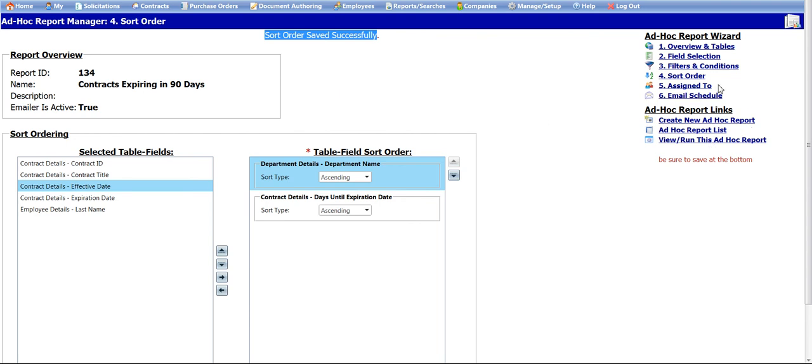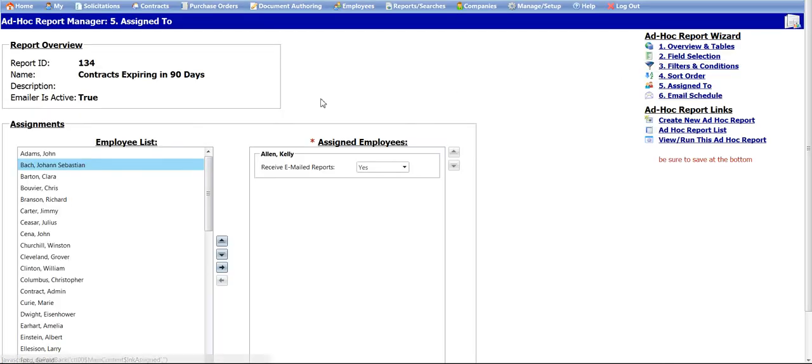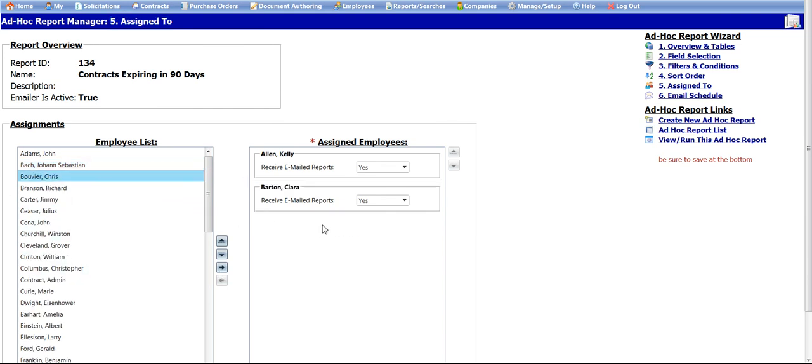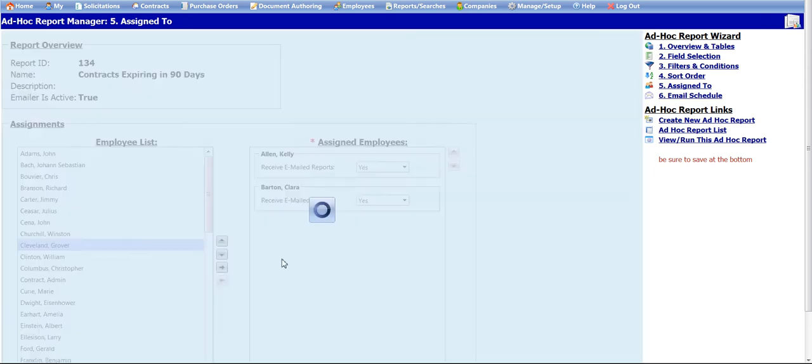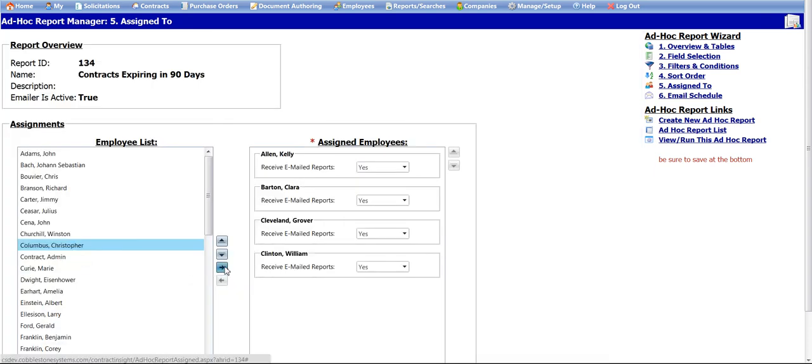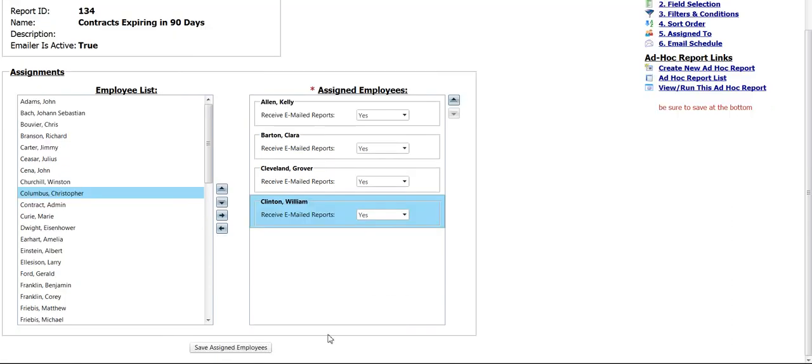of the screen. The next step in the Ad hoc Report wizard is the Assign To screen. This screen is used to decide which employees or users can be assigned to view and run this report. To assign an employee, the employee's name can either be clicked, dragged, and dropped into the Employees List box, or it can be selected in the left-hand box and moved to the Assigned Employees list by clicking on the right arrow button. Once you have assigned all necessary employees, click the Save Assigned Employees button at the bottom of the